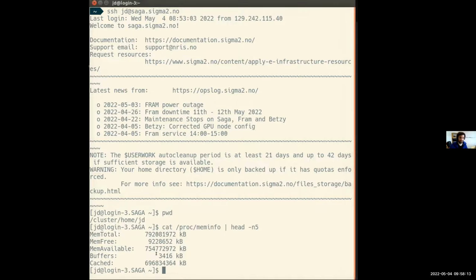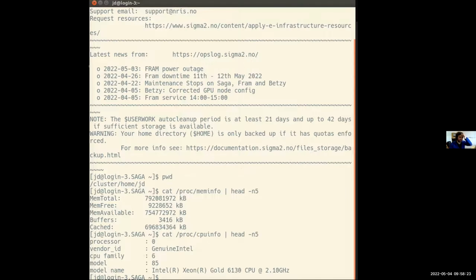We can also try the same with /proc/cpuinfo. So this is the CPU which is there.